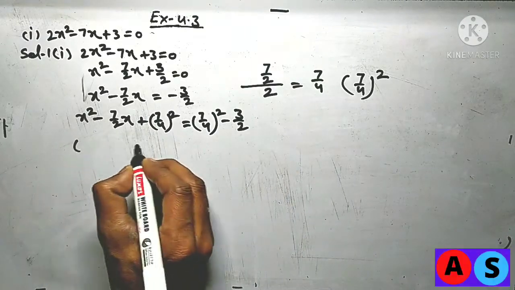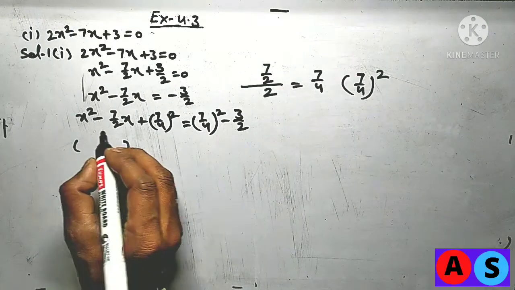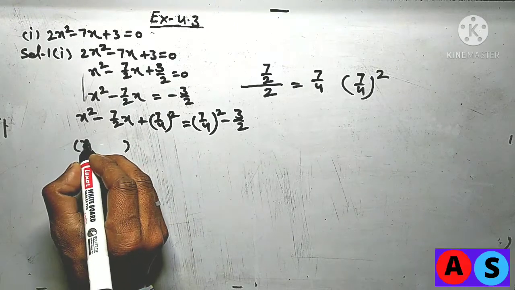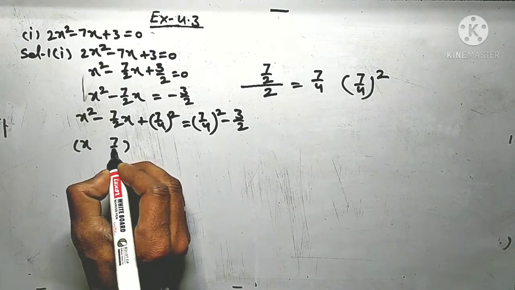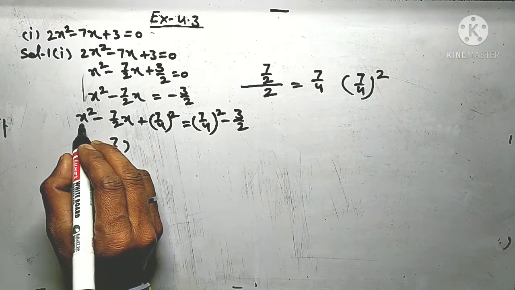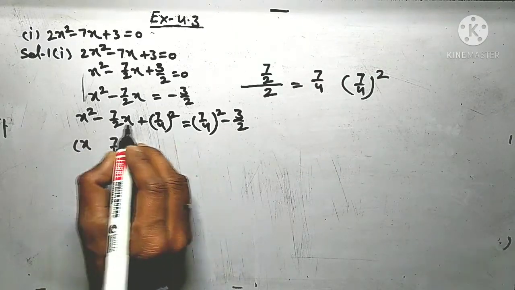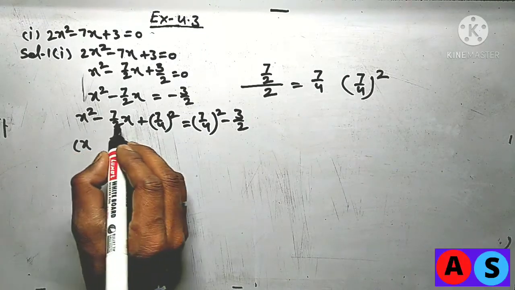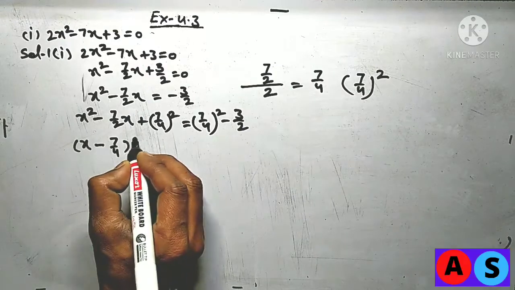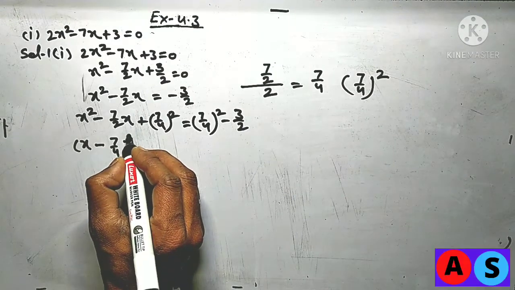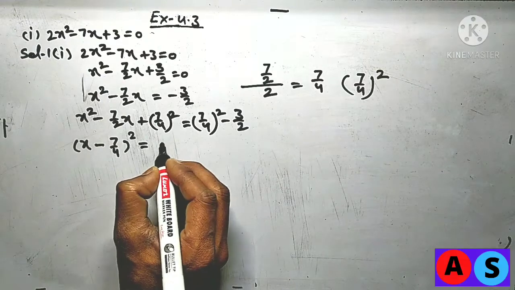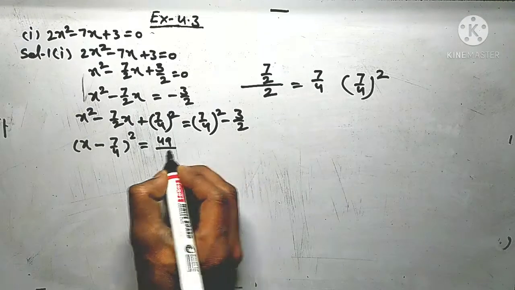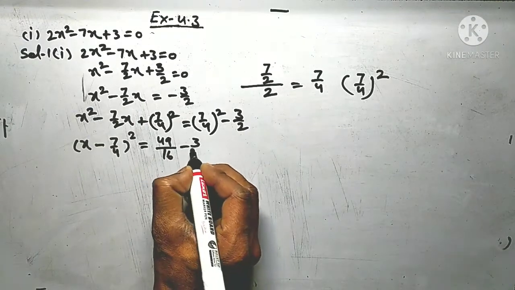Now start a bracket and close the bracket. Write the terms which have square, like x and 7 over 4. Look students, there are 3 terms: 1, 2, 3. If all the terms are positive, then in between these terms put a positive sign. If there is a negative term, then write a negative sign, and then make the square on the bracket is equal to, now open this bracket, 7 7s are 49 over 4 4s are 16 minus 3 over 2.